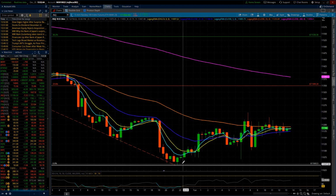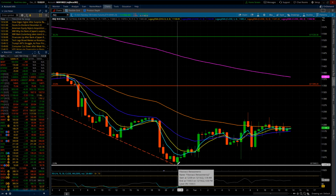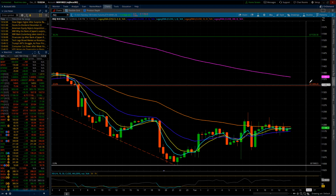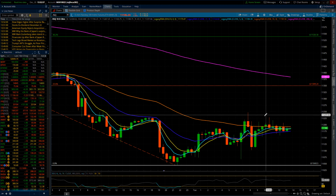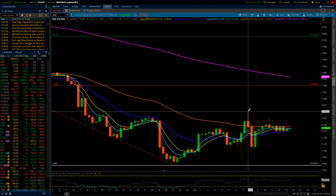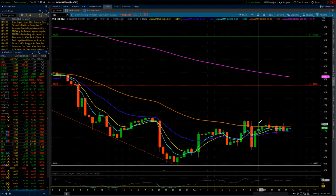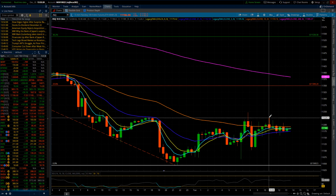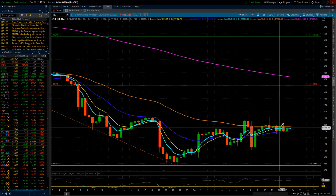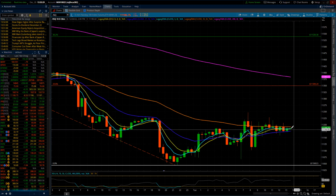Now, that being the case, I'm still going to look for a little bit of that upside rally. And I'm thinking that we should be able to get above 11,349. But right now, at the moment, market seems to have trouble keeping above and holding above 11,120. We got up to almost 11,125 this morning, and then immediately nosedived off of that over 100 points, and then rallied back to it, but couldn't hold it, rallied back up to it again and couldn't hold it, until we finally start wedging into the end of this triangle,